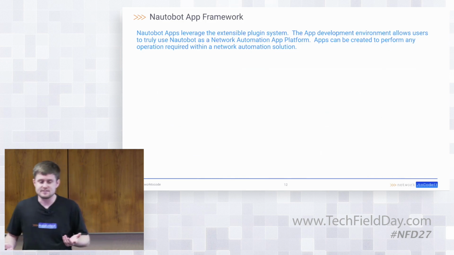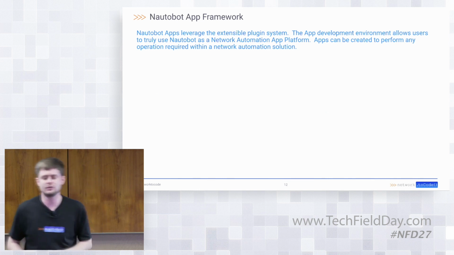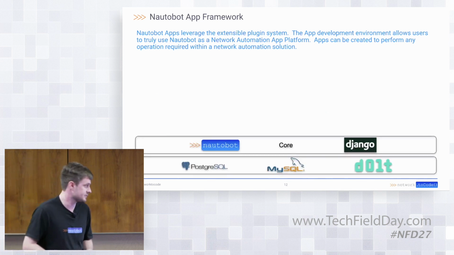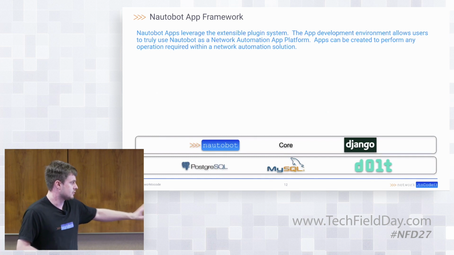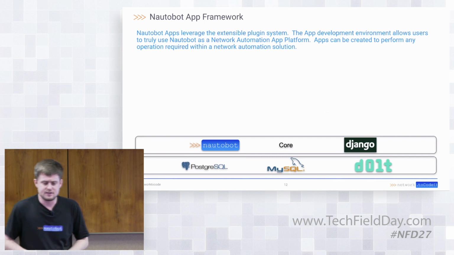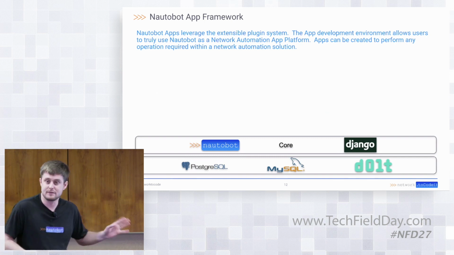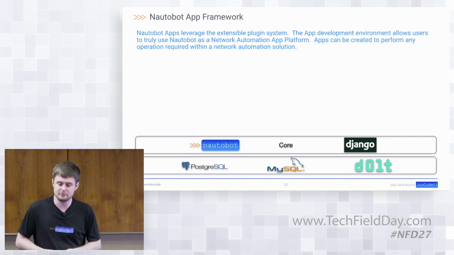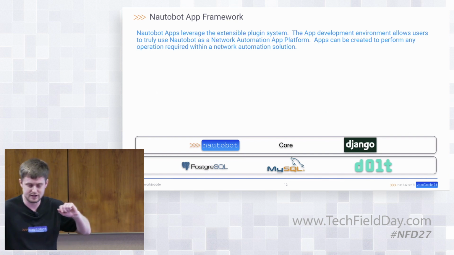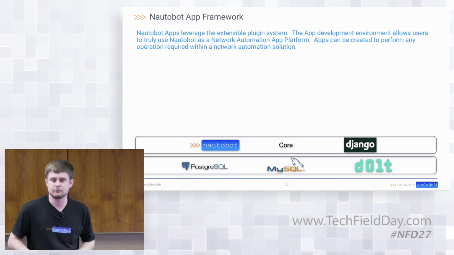So how do we accomplish this? This is maybe a more in-depth technical look at what the architecture actually looks like. So when you install the core of Nautobot, Nautobot is a Django-based application, and it supports 3 different database backends today. Postgres and MySQL are probably the 2 most primary that people may be familiar with, but a third option is actually one called Dolt. And this is specific to a particular app that we built on the platform for version control.